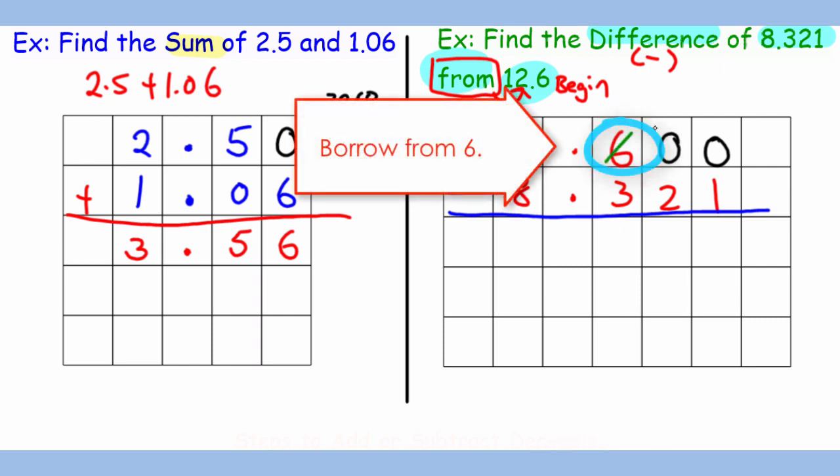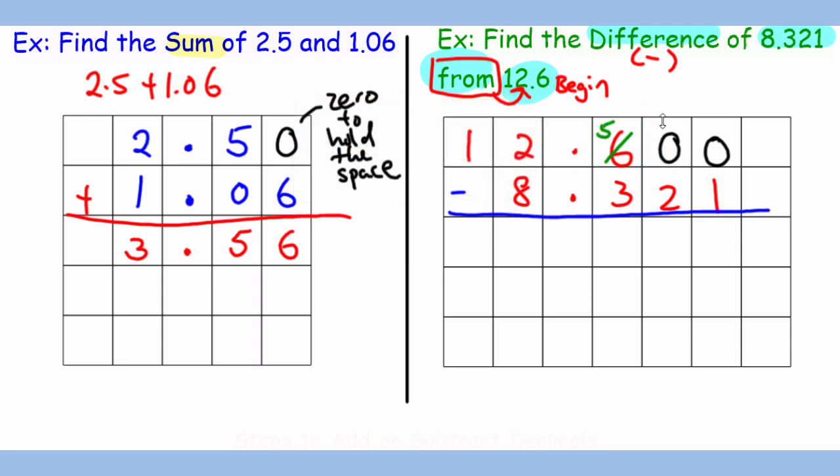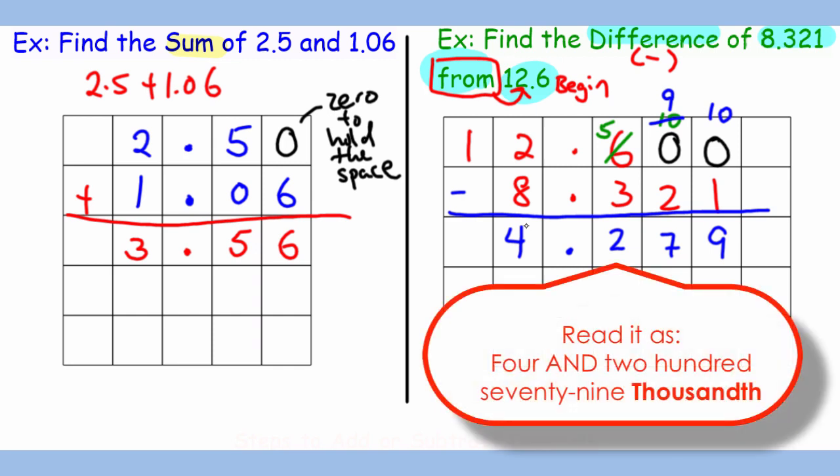So lending 1 will turn this into 5. This will become 10, but now the 10 will have to lend a number over to the number on the right. So now it turns out to be 9. The 10 will be right here. So 10 minus 1 is 9. 9 minus 2 is 7. 5 minus 3 is 2, and 12 minus 8 is 4. So the final answer for this question is 4 and